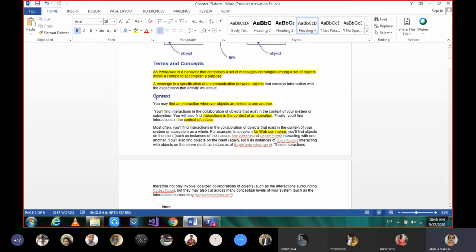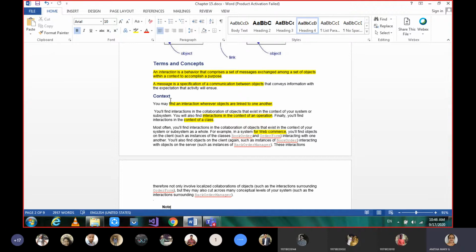Okay. So under terminology, the first one is about context. Where exactly do we come across interactions? Context means the environment: under what scenario are we going to have the interactions? We can find interaction between objects which are linked to one another, which are in communication. In that context we get interactions.